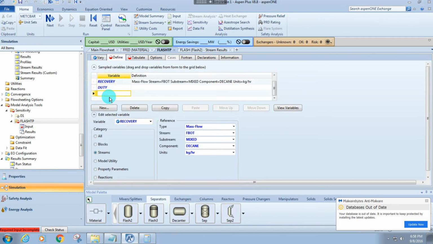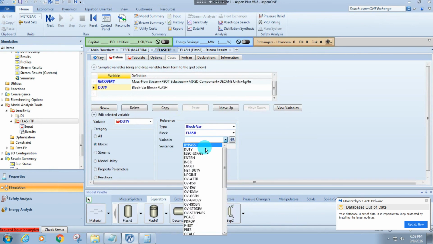Now, for the duty, we want to see the energy consumed by that flash column. So it's a block variable, flash,